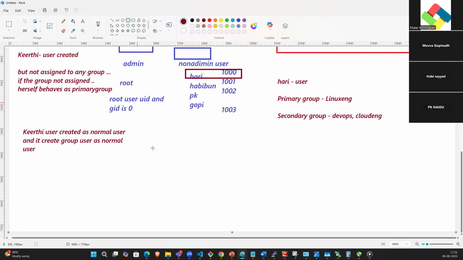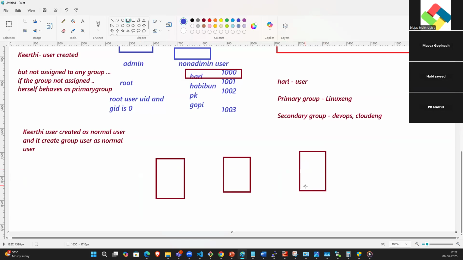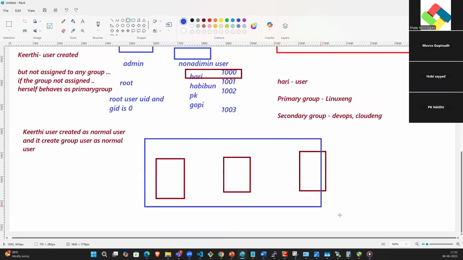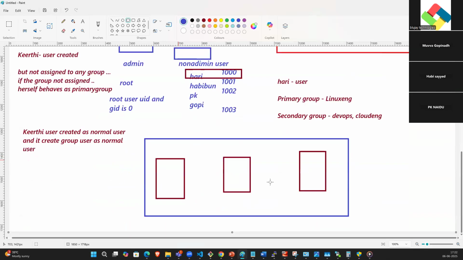Guys, remember this. In real time, mostly you will not log into the root user directly. Because, for example, three people are working in the Linux environment as Linux engineers. If the three people are all using only the root account,